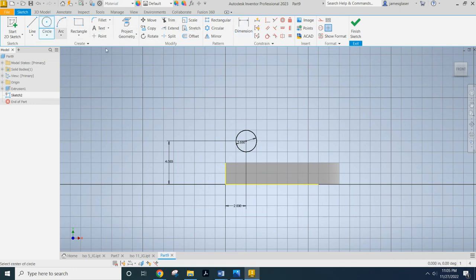What I want to do now is I want to make another circle. Just dragging it on out here. I know that I want that circle to be a 4-inch diameter circle. Okay. Now, actually, I don't want to do the geometry or the dimension on that. I'm going to first make it concentric. Okay. Then I want to go ahead and I want to make a tangent constraint for that circle